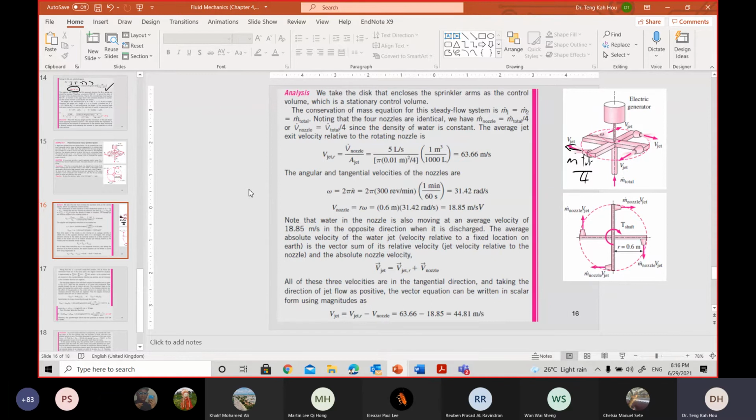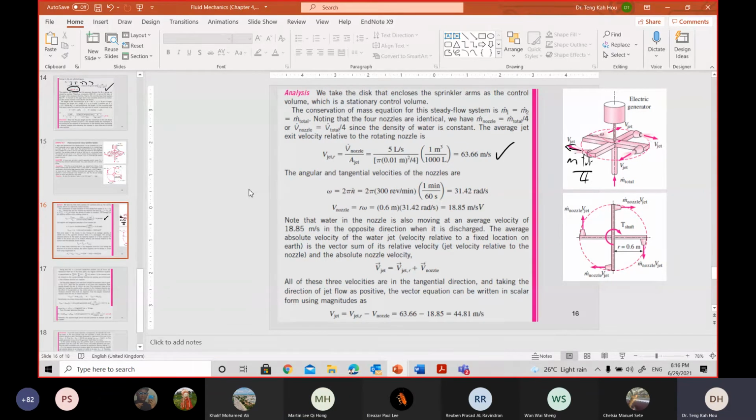So because it's one input, 4 outputs, you know that each of these nozzles, we call this a nozzle, has an m total divided by 4. In that sense, your volume flow rate for each of these will be divided by 4 from the total as well. For this part, can you understand? Yes, class. Yep.